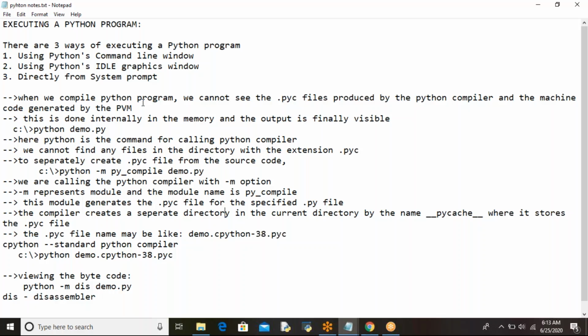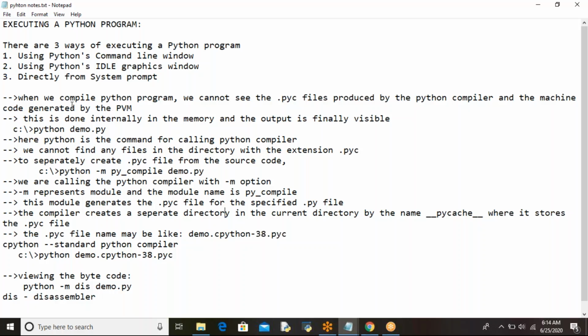But when you compile and execute a Python program, you don't see any file. When you write a demo.py program and compile it, you will get a demo.pyc file. That demo.pyc file contains bytecode instructions which are taken by the Python virtual machine, which converts them into machine understandable format, and you get the result. But when you open that folder, you won't see any file formed there except this .py file. The entire thing happens internally, and finally you see the final result.